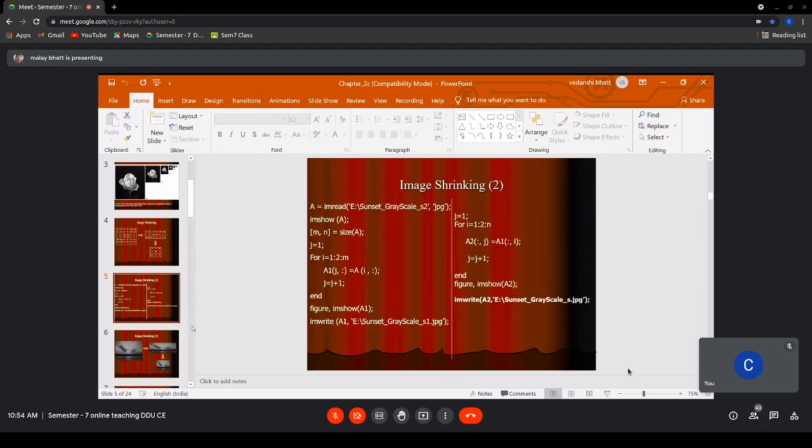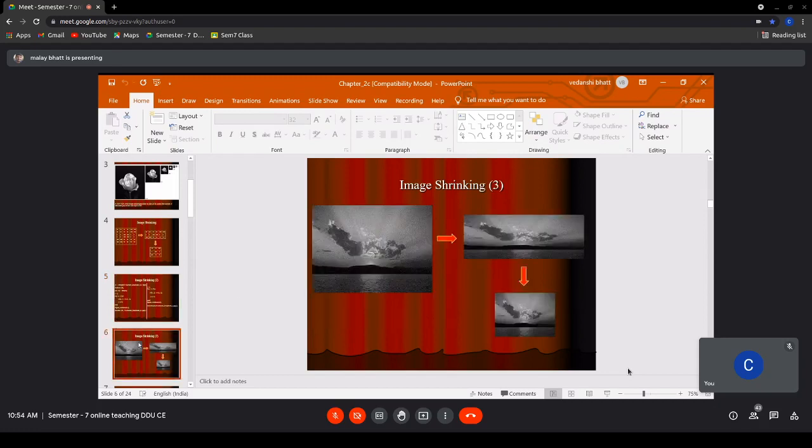So if you plot this using functions like imwrite, which is also there in Octave, you can see first the original image of a sunset, then we are applying step 1. So this step 1 is the A1 image, as you can see here, in which we have removed the even number of rows from the image. Then from this new image A1, we are removing the even number of columns, all the columns with even numbers. So you will get the output image, which will maintain the aspect ratio as well.